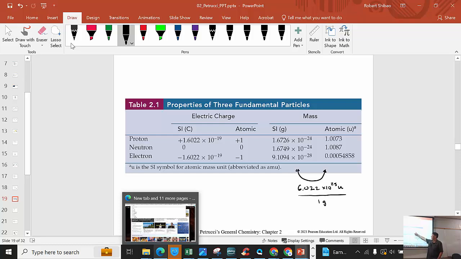The proton and the neutron weigh these. However, grams are terribly inconvenient. Even attograms are terribly inconvenient, because attos are what, 10 to the minus 15? Is that right? P goes 10 to the minus 12, yeah. So 10 to the minus 15 is far away from these. And so we use the atomic mass unit. And the atomic mass unit is,